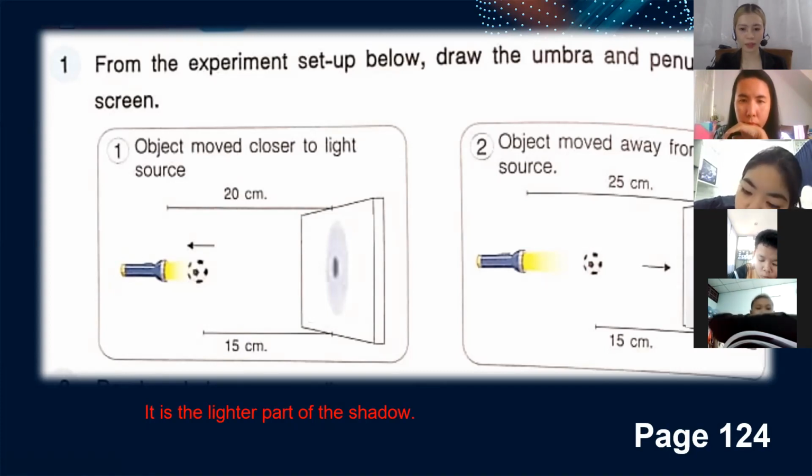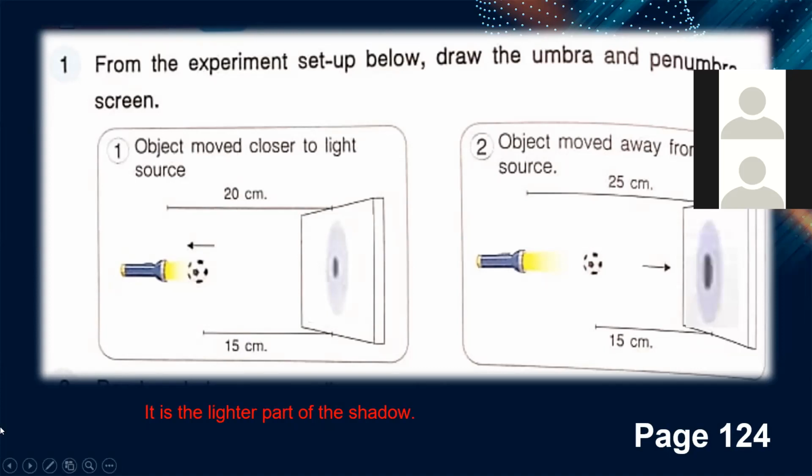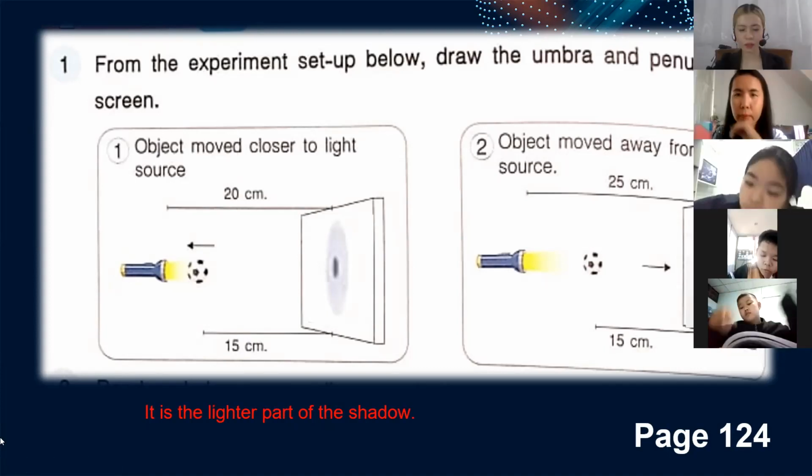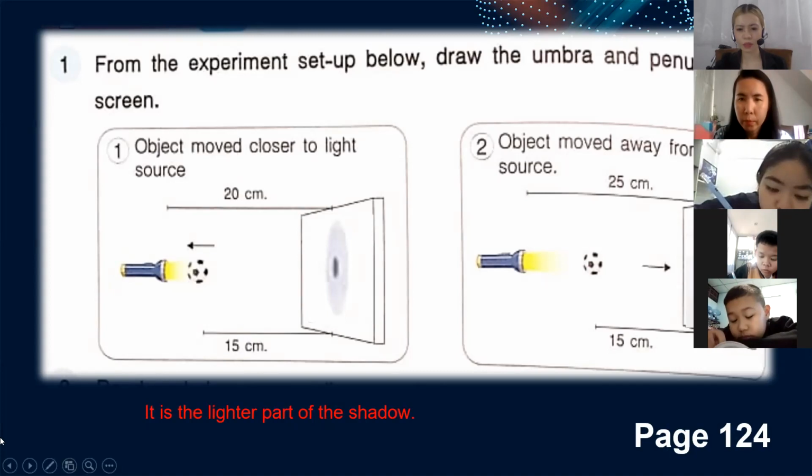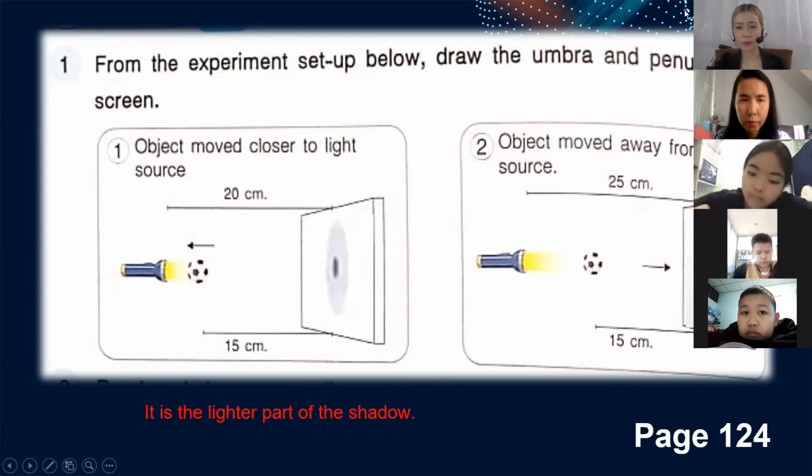I'll count 1 to 10. 1, 2, 3, 4, 5, 6, 7, 8,